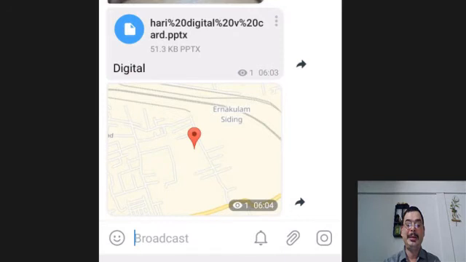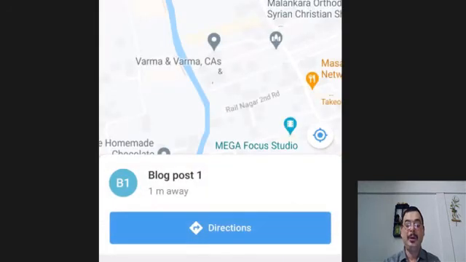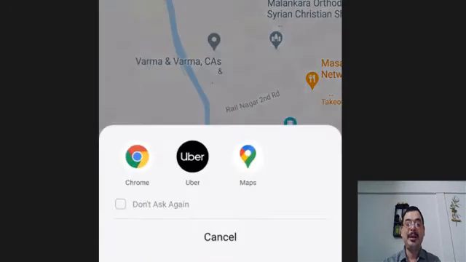Once they get this, they can open it, and you can see below it says directions. When you touch directions, it will ask whether you want Maps, Uber, or Chrome, whichever you want. You can select. If you select map, it will show the directions how to reach my current location.